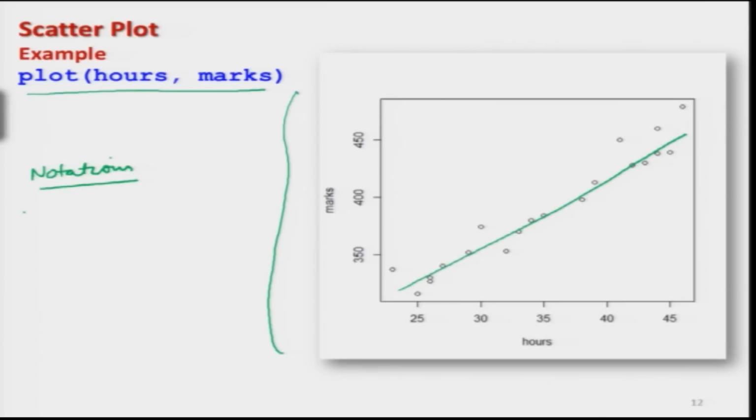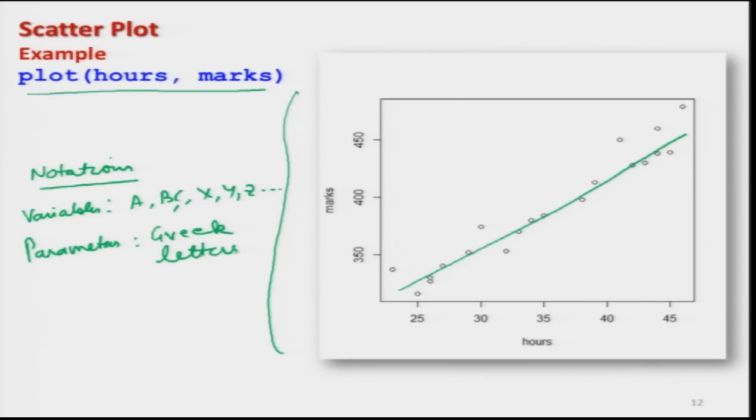In the language of statistics, the variables are denoted by English alphabets like A, B, C, X, Y, Z and so on, whereas the parameters are indicated by the Greek letters like alpha, beta, gamma, delta and so on. So, that is our standard language. So, now the equation which I had just expressed as y is equal to mx plus c, we had understood